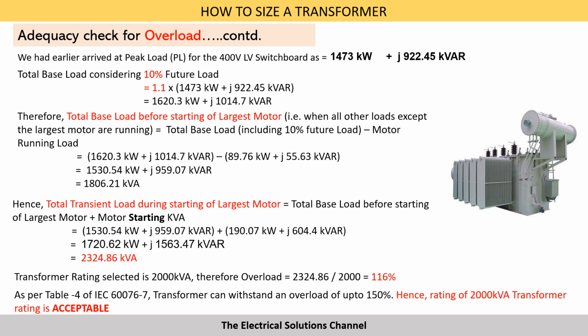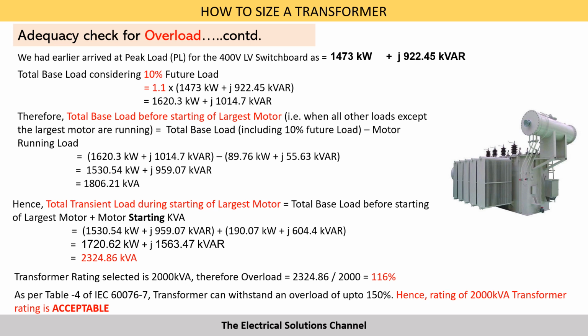So we had earlier arrived at the peak load for the 400 volt LV switchboard as 1473 kilowatt plus 922.45 kVAR. Therefore, the total base load considering 10% future load is 1620.3 kilowatt plus 1014.7 kVAR. Therefore, the total base load before starting of the largest motor, that is when all the other loads